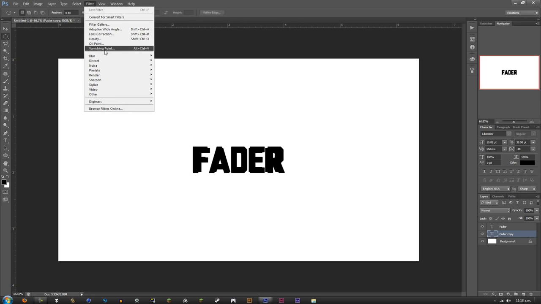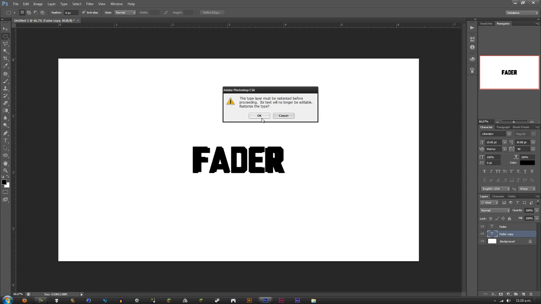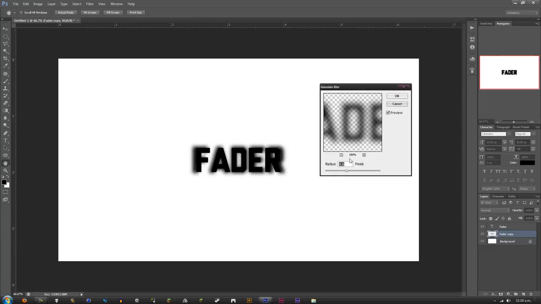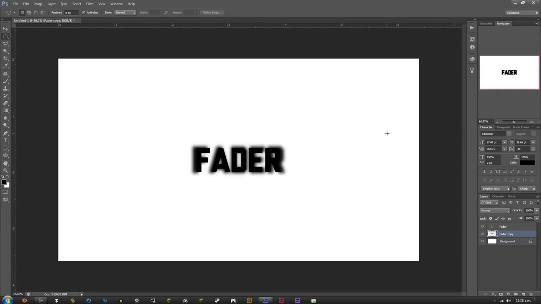And now you want to go to Filter, Blur, Gaussian Blur. This type layer must be rasterized before proceeding. Its text will no longer be editable. Rasterize the type. Okay, that's fine with me. And it really comes down to what you want for this part, so you just need to blur it however you want it. I like to keep mine sort of blurry-ish,